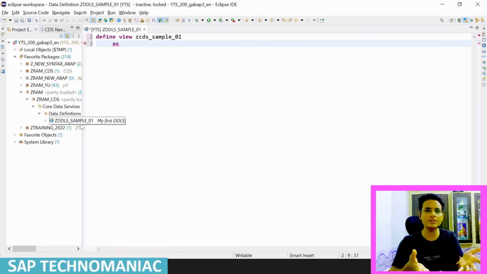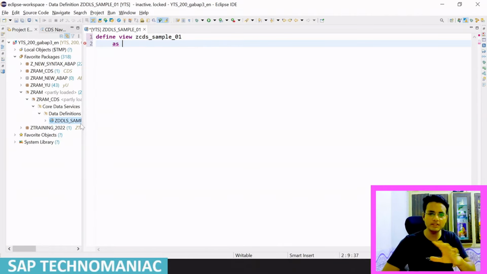Basically, what is a CDS view? We want to get the data, from multiple tables or one table, whatever we want. This will be the basic CDS, and I will use one table only. There are two ways of defining the CDS view from here. First way, we can define it like a simple select statement. Second way, inside curly brackets we can define the field list. I will show you both ways. First, I will show you the normal